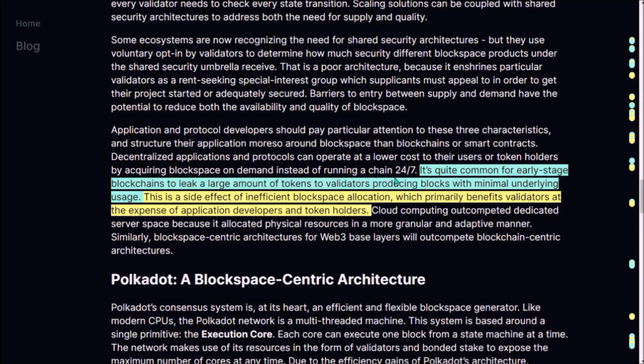And here is another negative consequence of utilizing block space inefficiently and wasting it. Especially new, just recently launched blockchains reward a large amount of their native tokens to validators who are producing blocks that actually include very few to no operations. So rewarding validators or collators for producing blocks that have no usage is a consequence of inefficient block space allocation, and of course, as validators are being rewarded with tokens, the circulating supply increases while the utility of block space remains the same, low. So essentially this benefits validators at the expense of dApp developers and token holders.